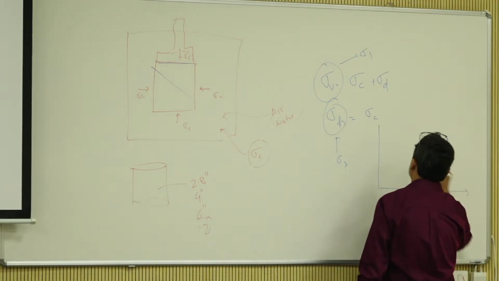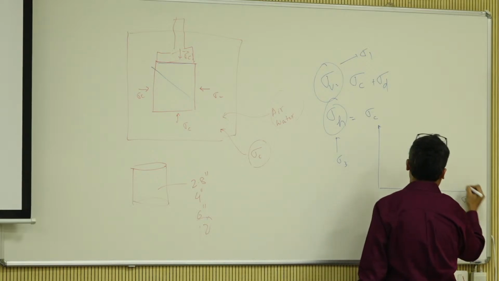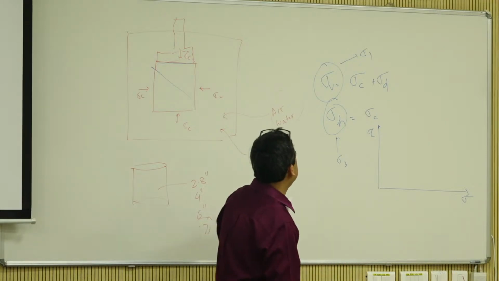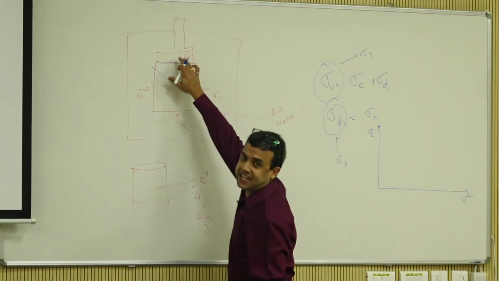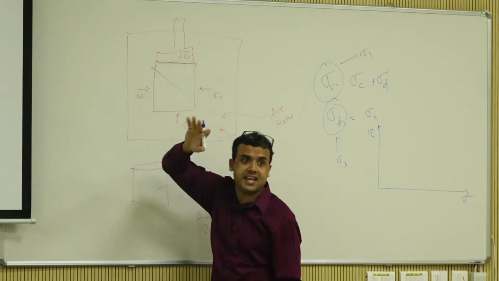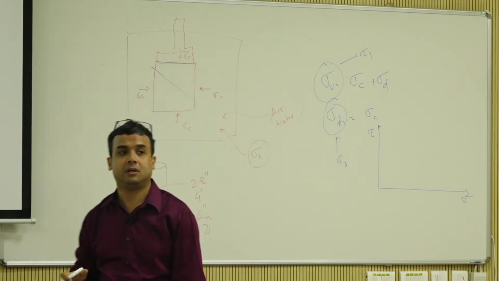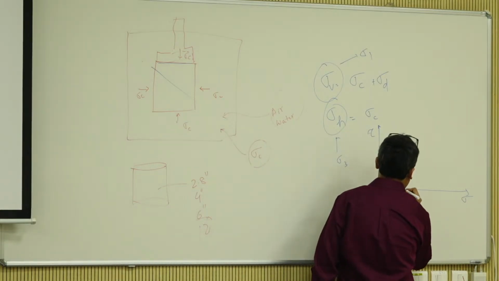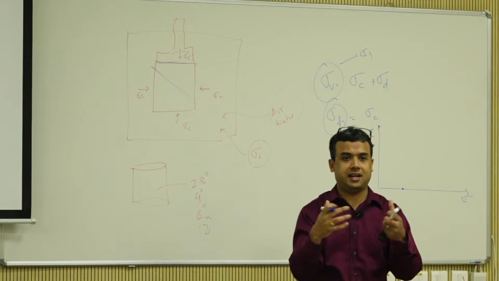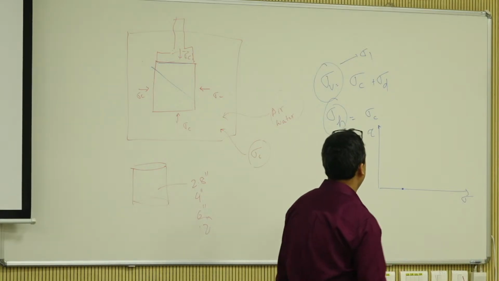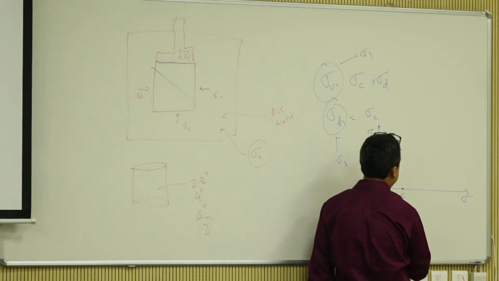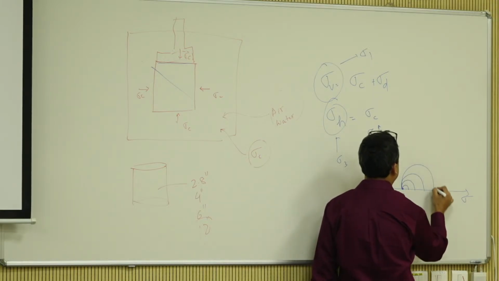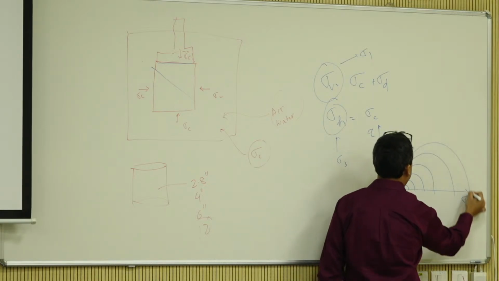So imagine, let's go into a Mohr circle frame, sigma versus tau, right? At the very initial stage, I have not applied any sigma d. How does my Mohr circle look? A point, right? It's just a point. It's hydrostatic. It's the same stress in every direction. So this is what your sigma c is, and then you increase a little bit, then a little bit, then a little bit more. At one point,